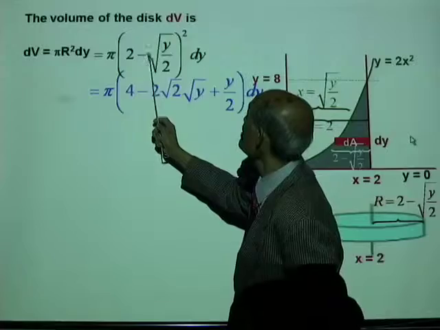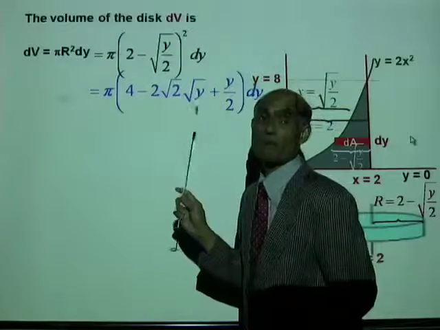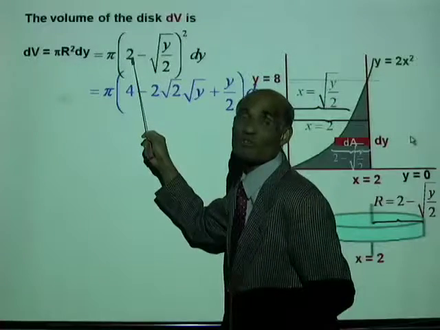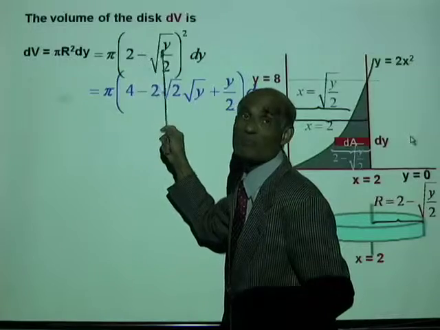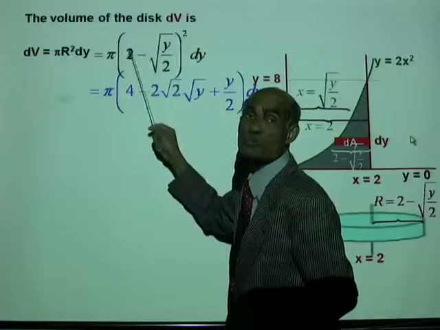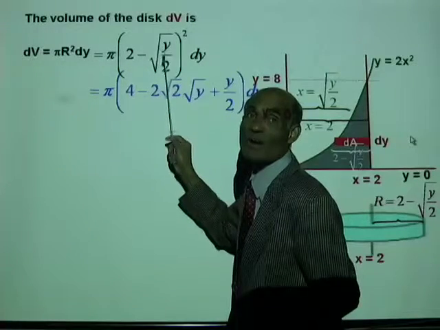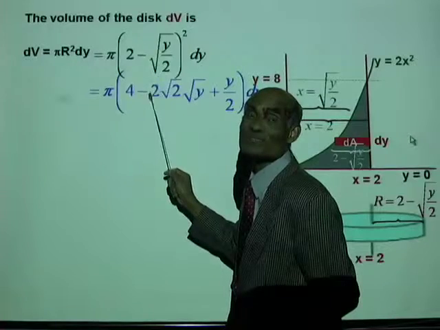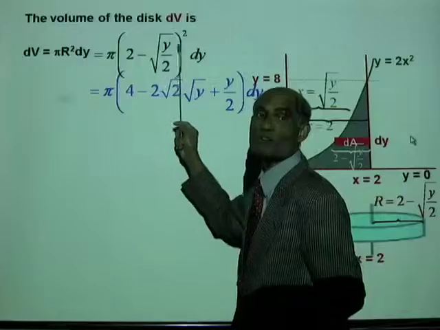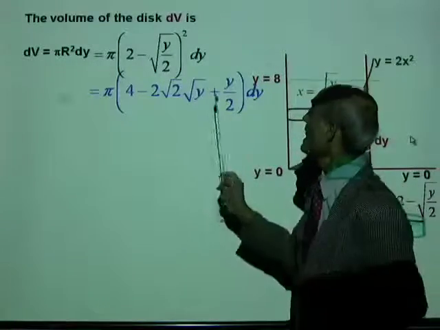Alright, and the last term is plus the square of this, which is y over 2. Well, by this time, this kind of algebraic process must be simple for you. (a minus b) all squared is a squared minus 2ab plus b squared. 2 times square root y over square root 2 is 2 square root 2 square root y, plus the square of square root y over 2 is y over 2. And now